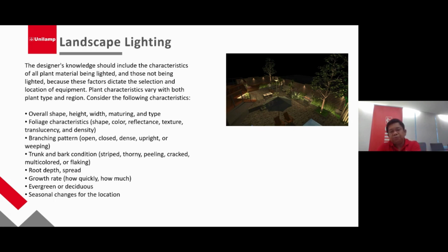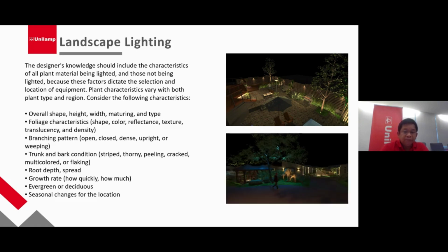Also, we need to consider whether the tree grows widely, with dense foliage, or is just weeping. We also need to consider some seasonal changes of the locations. So all of these things are involved in landscaping that we have to take into consideration. We need to know the characteristics of the trees or plants that have been specified or designed in the landscape. So I will go along with